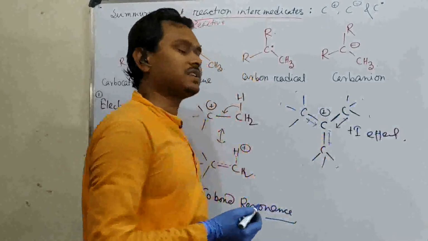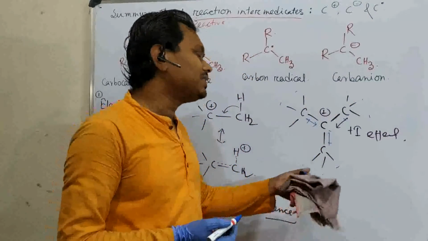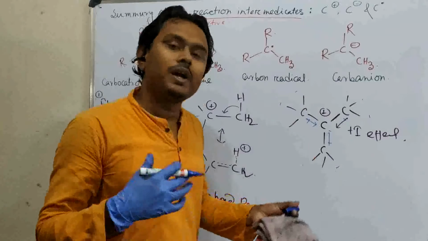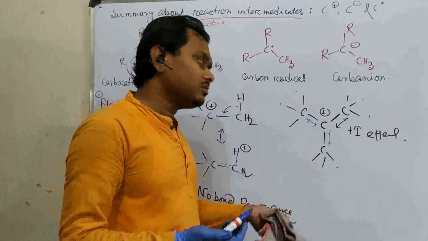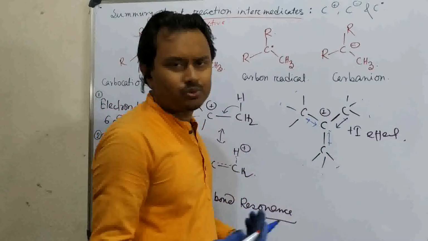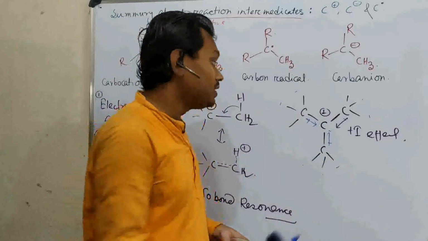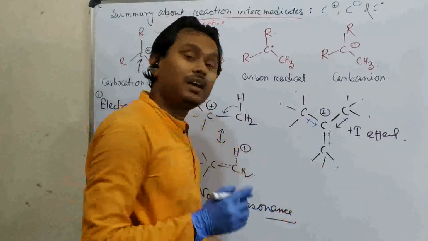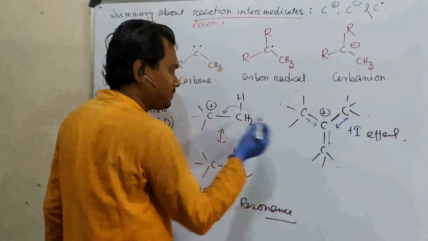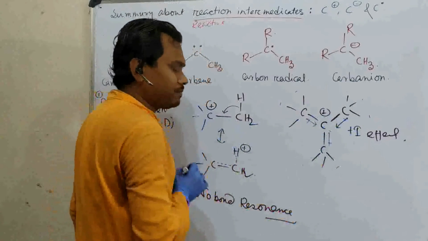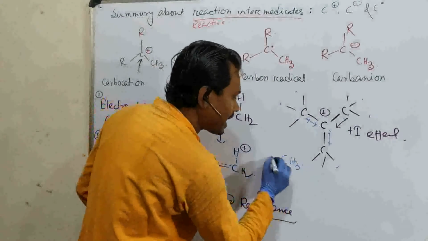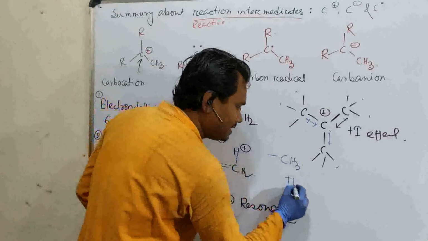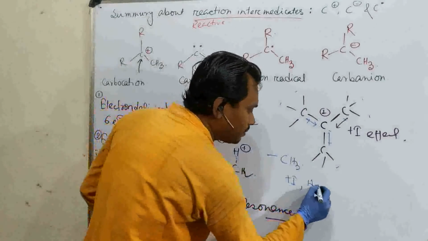It means that you have a slight excess amount of money and somebody needs some. So you can give some amount. I am not saying complete, but some amount, such that this person will be stabilized and you will feel comfortable that you have helped someone. So that is the reason this is called plus I effect. What is the difference between plus I effect versus hyperconjugation? See, if you consider a methyl group, it can show 2 types, plus I effect as well as hyperconjugation.